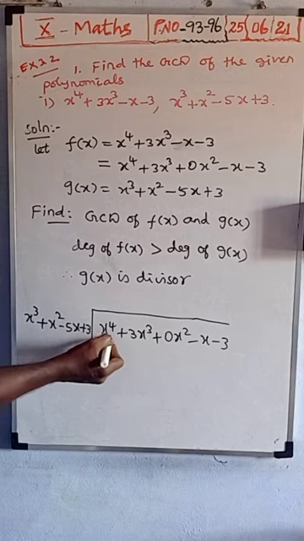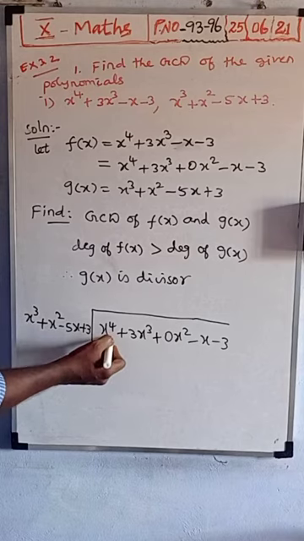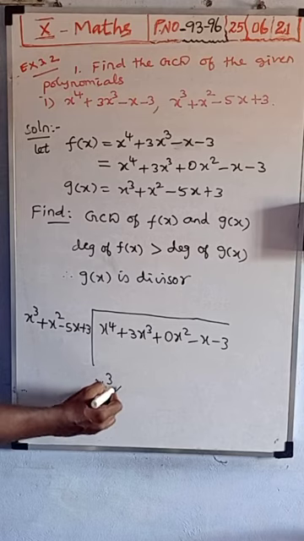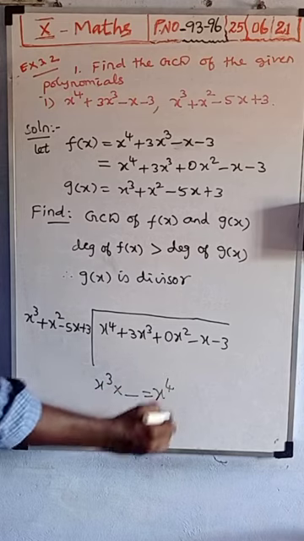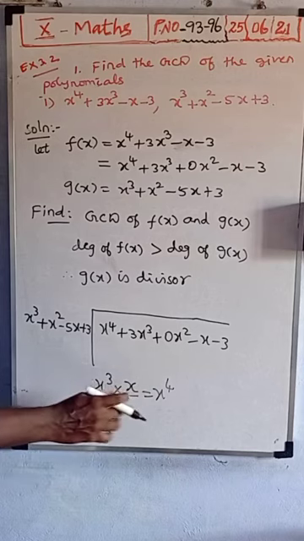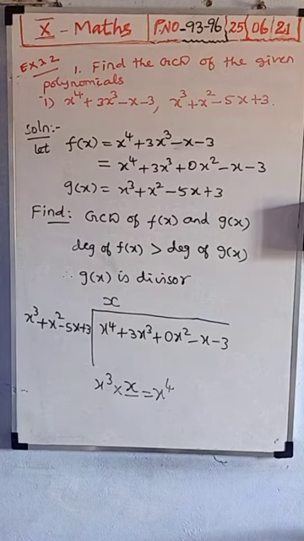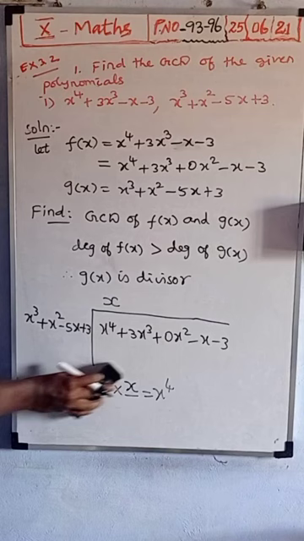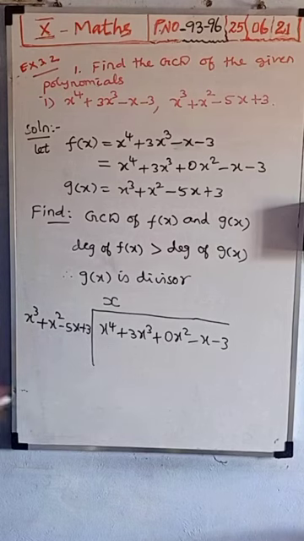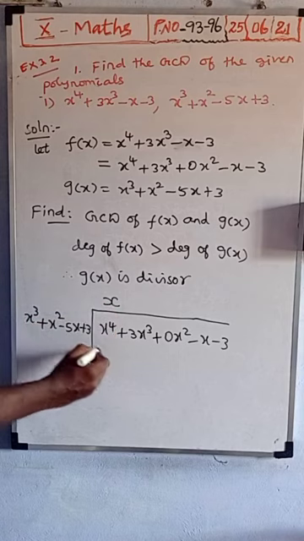Now here power 4 is there, here power cube only is there. Then x cube, which term should you multiply to get x power 4? You should multiply with x, x power 1 or just x. So x cube into x only gives x power 4. For the first term you always want to make it the same. Here the first term is x power 4, here the first term is x cube. So that x cube you should multiply with x only, and we will get x power 4.